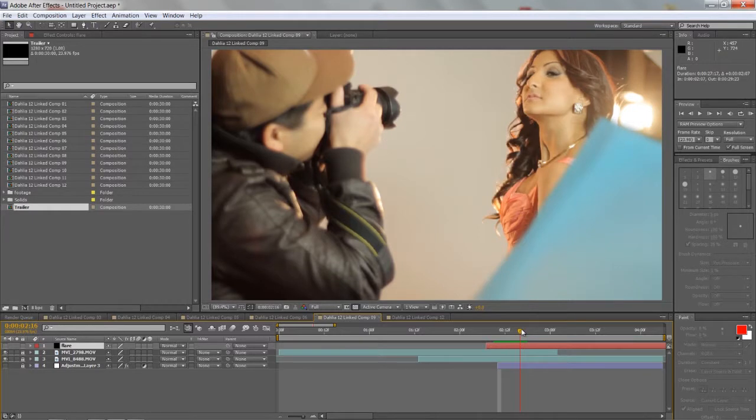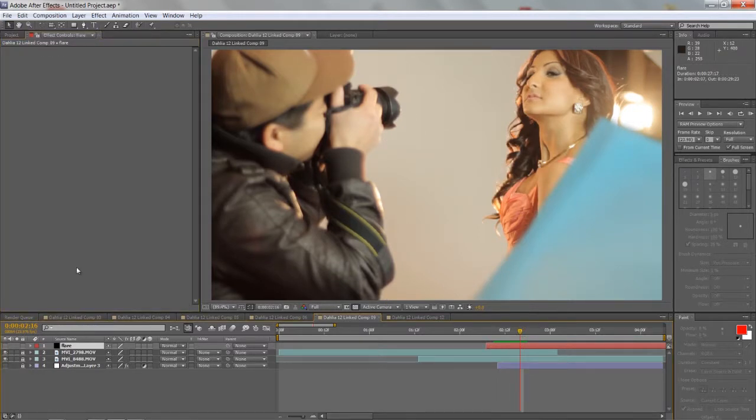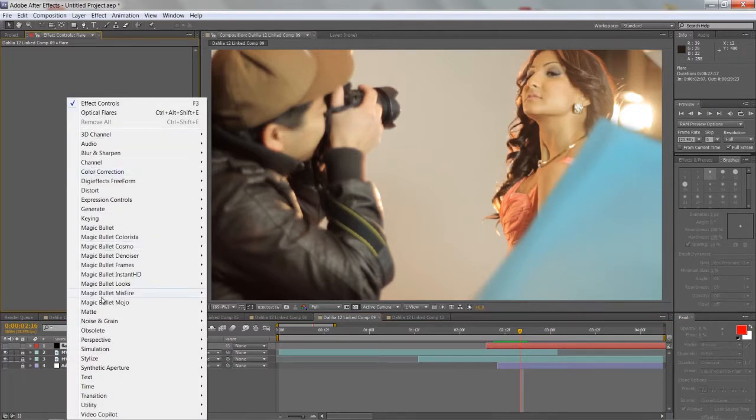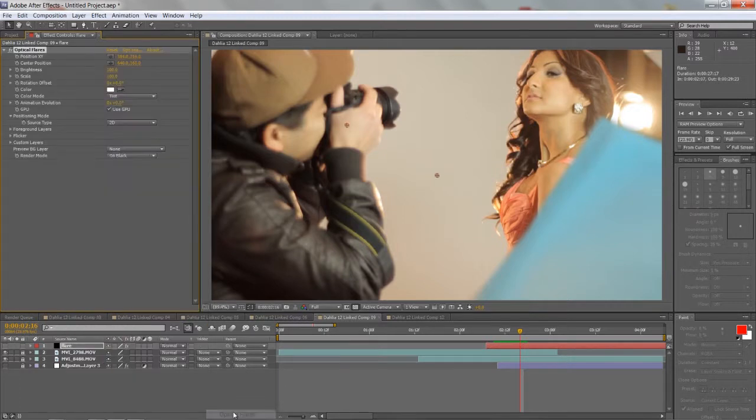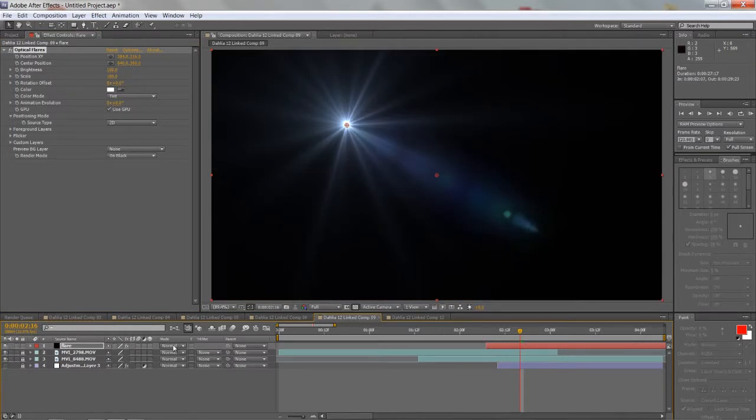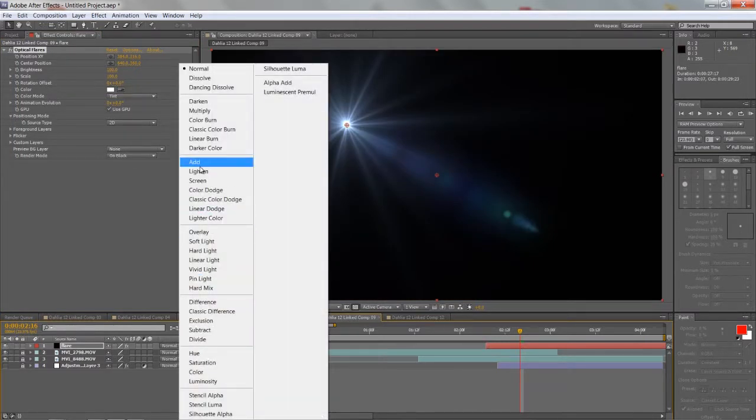We'll go to this frame where we see the flare, and now we'll select our flare layer, right click up here on effects, and we'll go to Video Copilot. I'm using Optical Flares, but you can also go to generate, and you have a lens flare here. It's just that Video Copilot has better looking flares. So create a lens flare here, and now we can turn on the layer, and we'll make it transfer mode add,